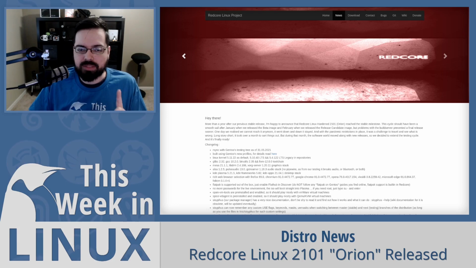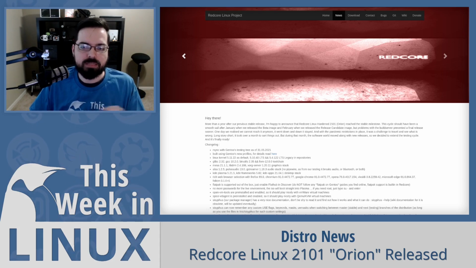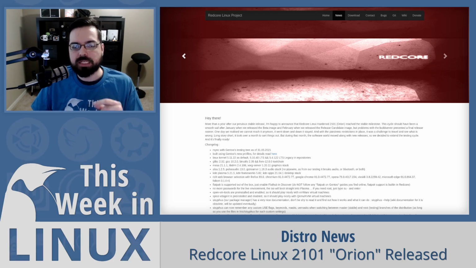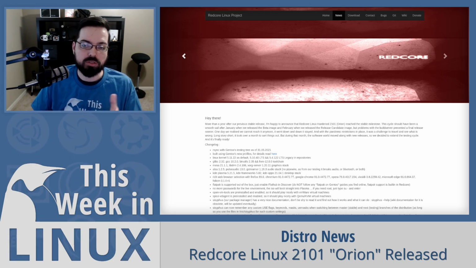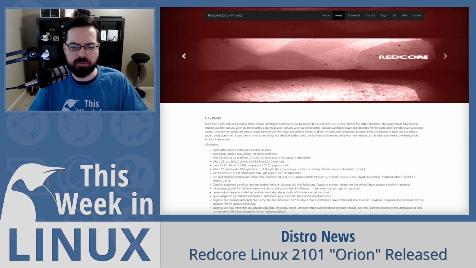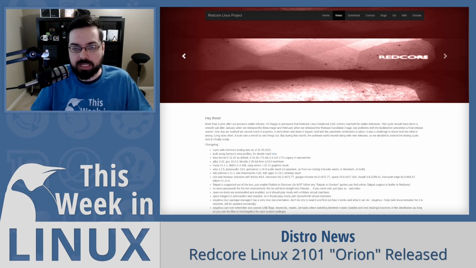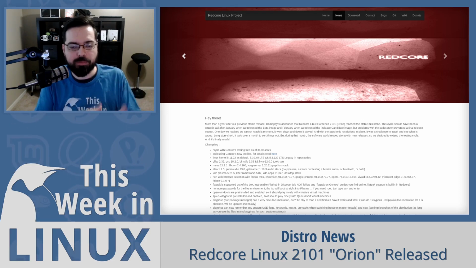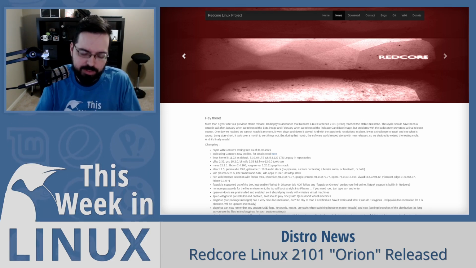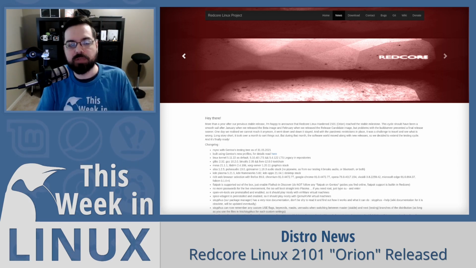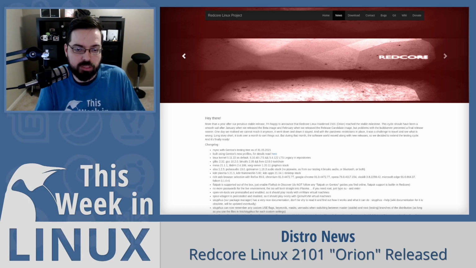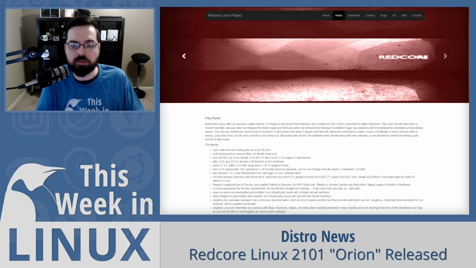Now, what's really interesting about this is that this is the first release in more than a year or so for Redcore. The reason is that there were some changes in Gentoo with the profile system, a very complicated structure the way they changed it. So I'm not going to go into the full details of explaining what happened, because it's pretty complicated. But Gentoo Linux made some changes that the Redcore team said almost killed the distro. This change was the new profile system that Gentoo is using now.